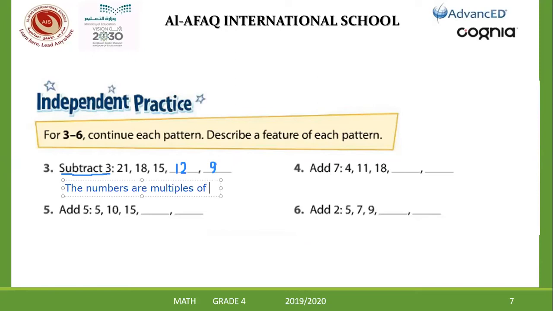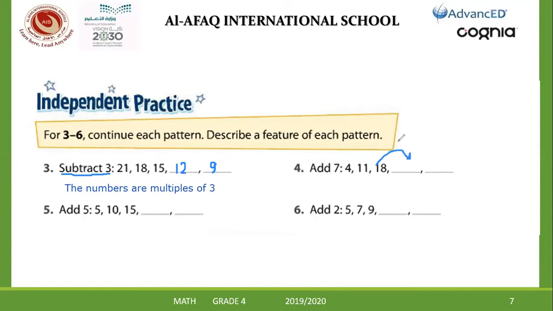3. Number 4, I am going to add 7. So here you started with 4, add 7 you will get 11, add 7 you will get 18. So here if you add 7 here to